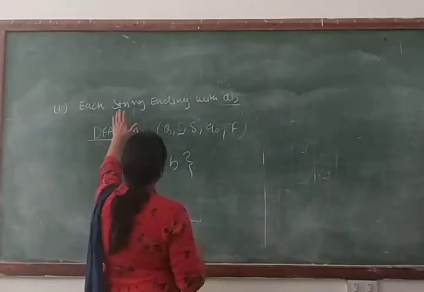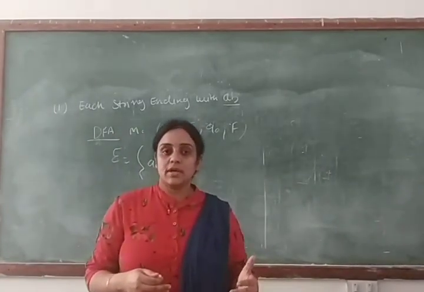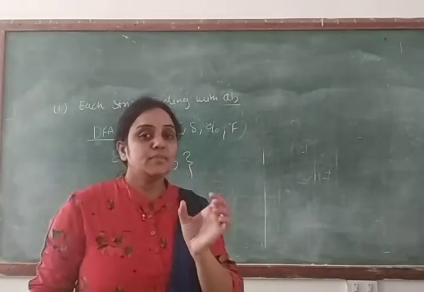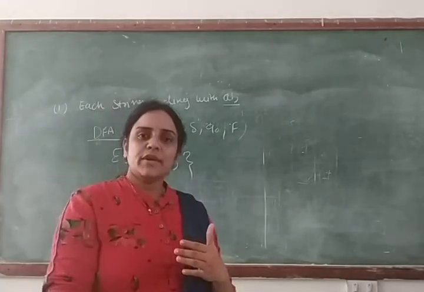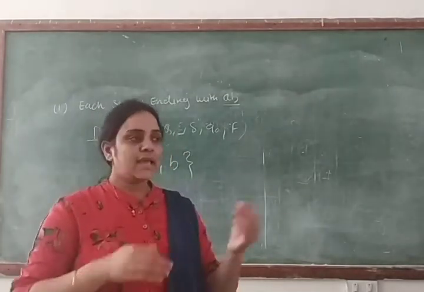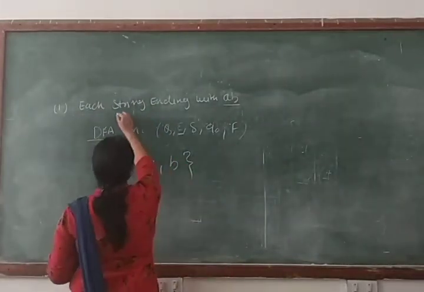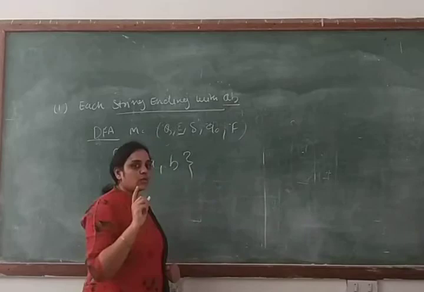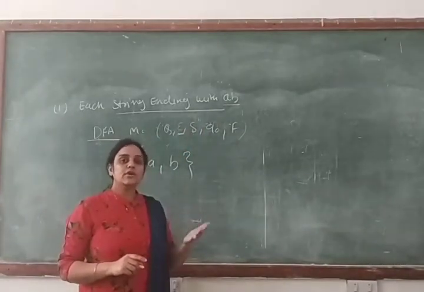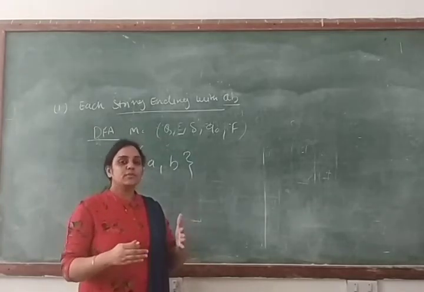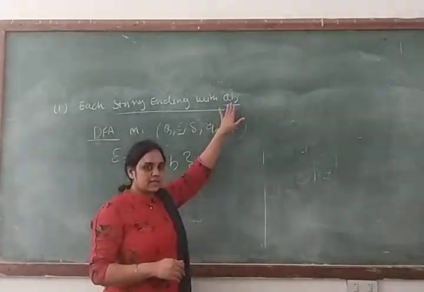You will make strings by using these two input symbols, small a and small b, and our condition is that each string ends with AB. Clear? That means your string should end with AB; the last two symbols in your string are AB. Before AB, any number of A can come in your string, any combination of A or B can come, but the specific condition is that your string ends with AB. So our first step is to find out the number of input symbols in your question. Here we have two input symbols, A and B.